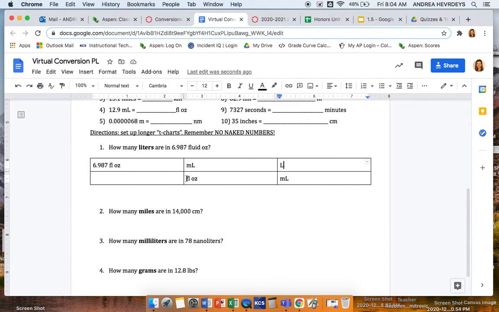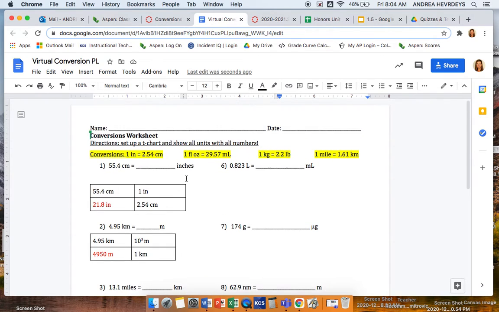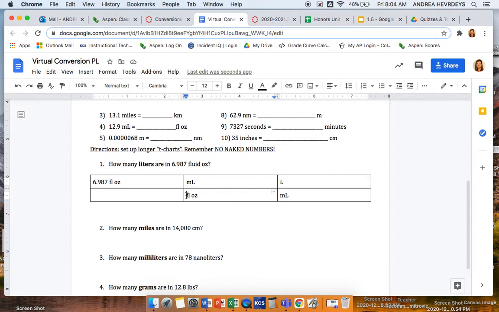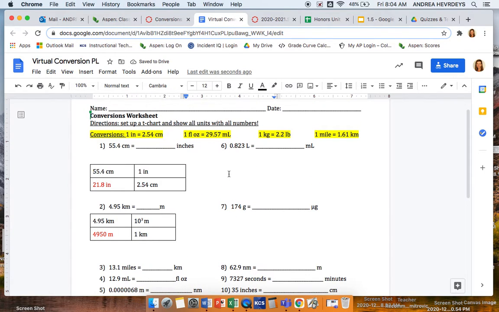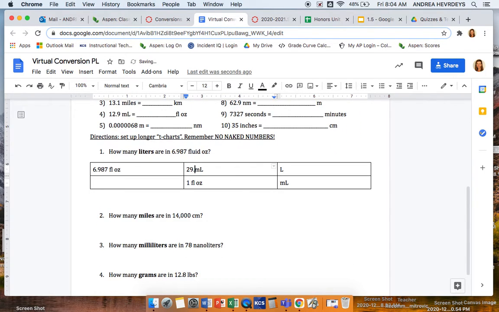This is my conversion factor at the top of the page, right? So 1 fluid ounce equals 29.57 milliliters. Then this is a metric conversion because they both have a base unit of liters. The prefix gets the 1, and the 10 to the -3 goes with the liters. Now I'm just going to multiply across. And when you do that, you should get